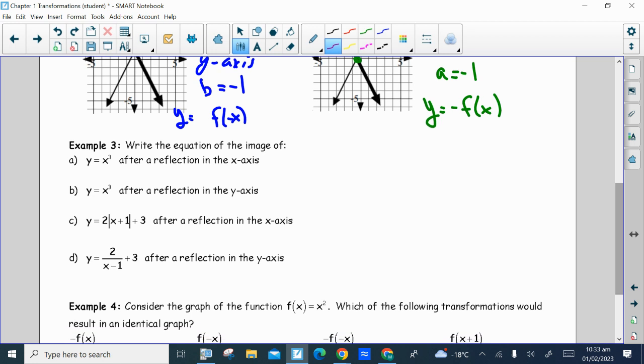Example 3, write the equation of the image of each of these equations after the given reflection. So the first one, if you reflect it over the x-axis, that means that a is negative. And a is in front of the x. The equation would be y equals negative x cubed. Now, this is a unique